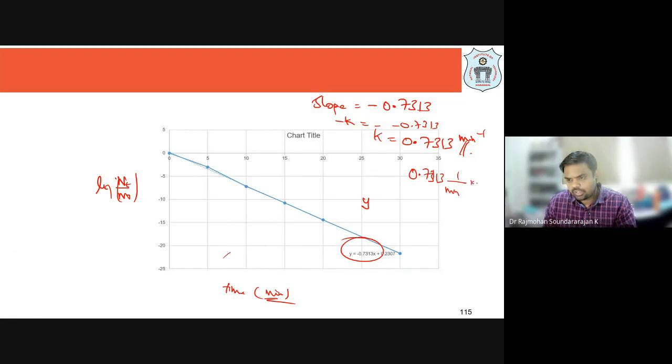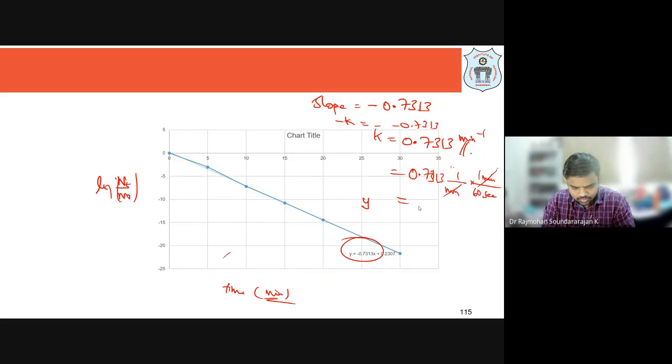To convert minute, we know that 60 second is equal to 1 minute. People make the mistake of multiplying by 60. That's why I am showing the basic thing of chemical process calculation course. Write the units and show the unit tally. Okay, so whenever you divide by 60, we get 0.7313 divided by 60.